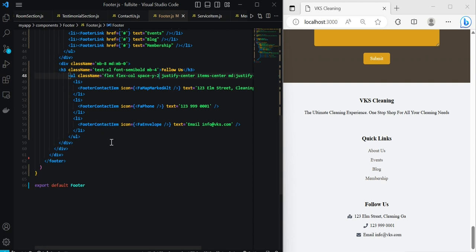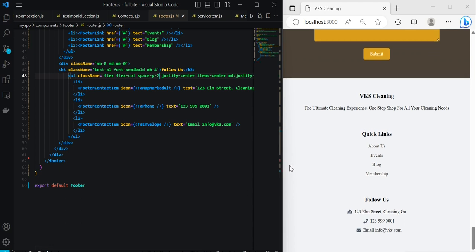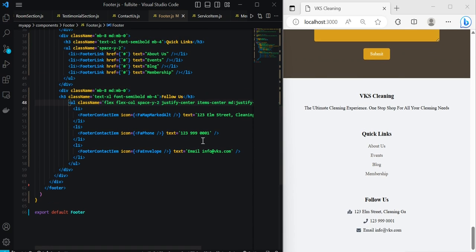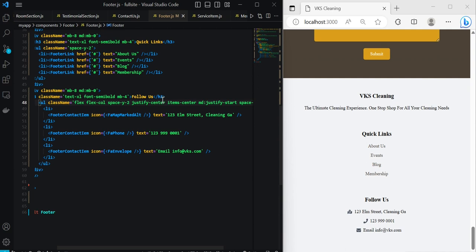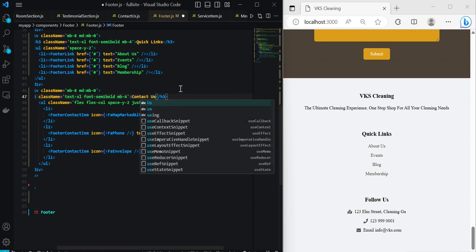Now we need one more list item section. So underneath the, actually, you know what? This doesn't make any sense. This should have been social, but I added those items. So let's change this from follow us to contact us. This makes more sense. These are ways to contact us,